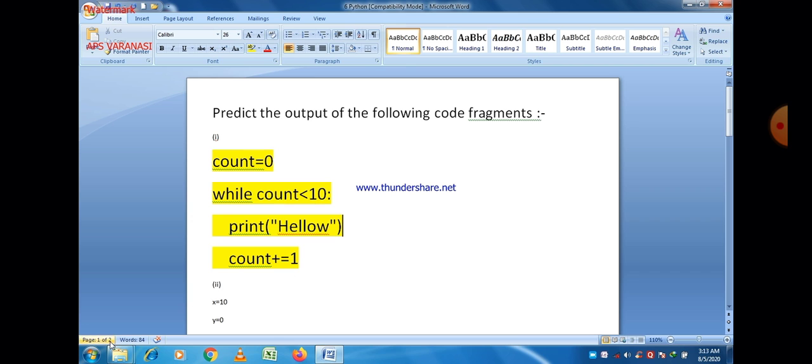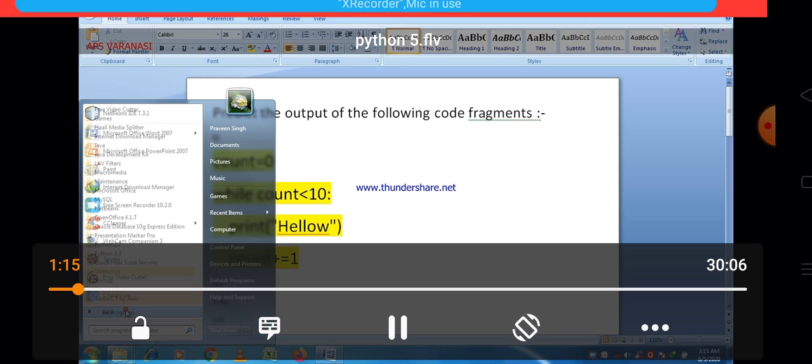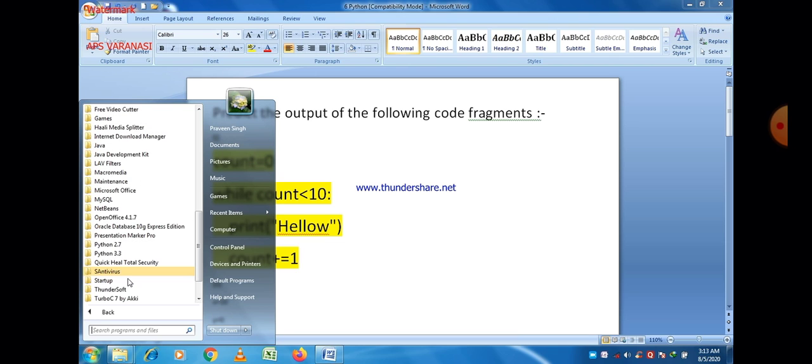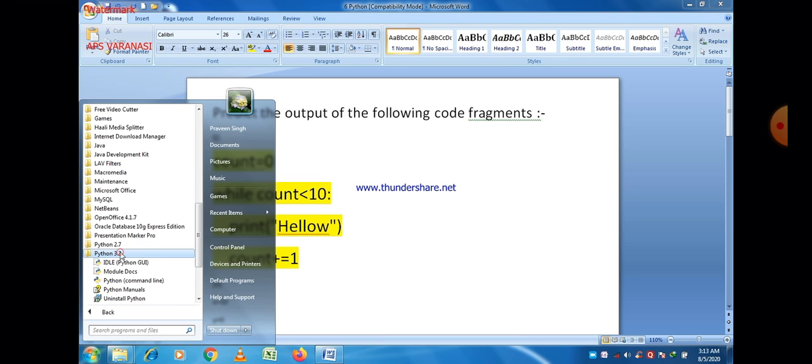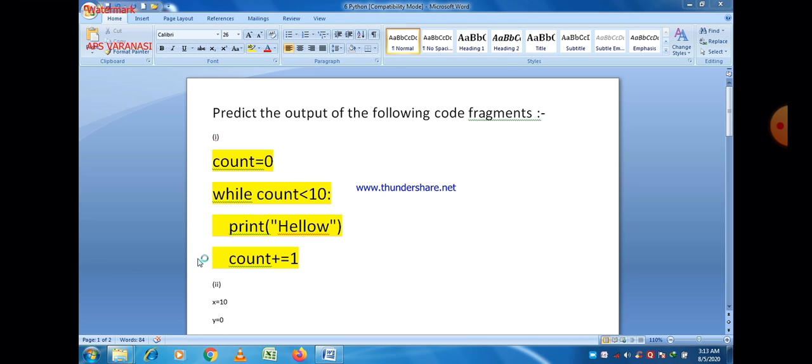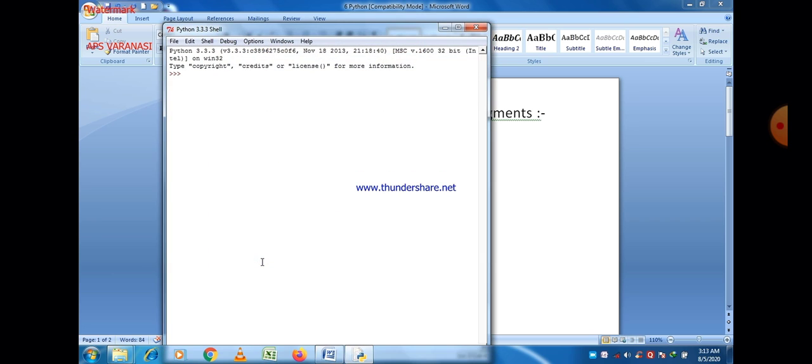And then there is the statement count is equal to count plus 1. Every time it will increase to go to the next step, so 10 times hello will be printed. Let us check what the output is. Is it the same as we expect, or is there something different?